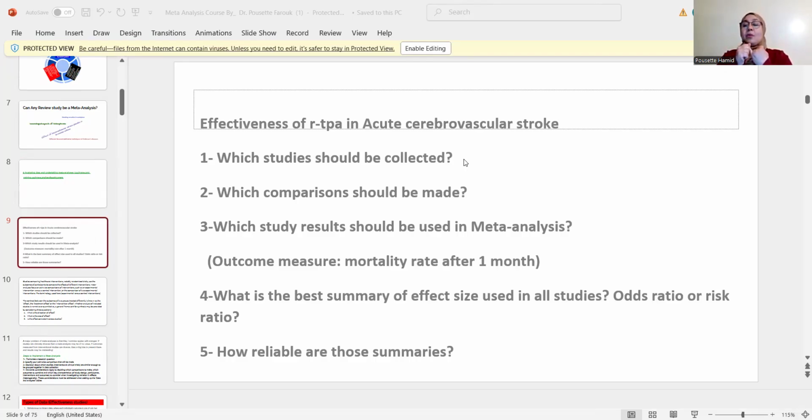I will compare between these two arms in mortality rate, in survival rate, in need of ICU admission, in reperfusion hemorrhage, in days of hospitalization, in functional recovery. All these comparisons could be made between these two groups. Again,